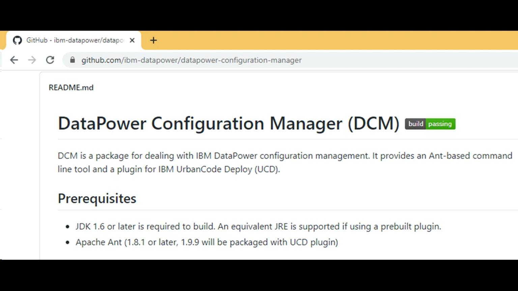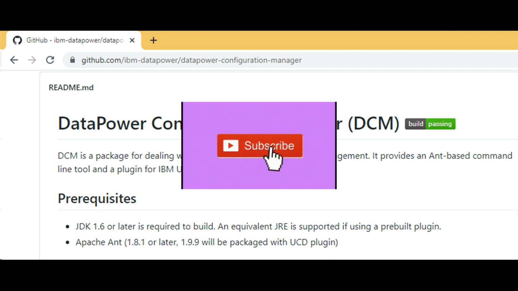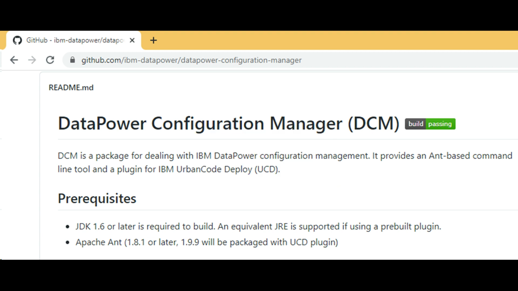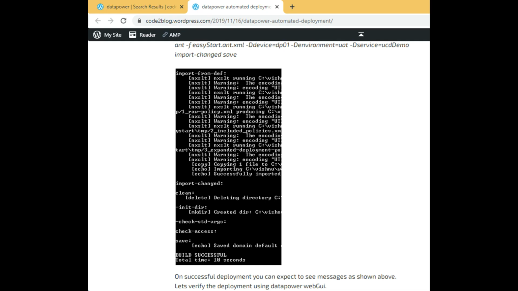Yes. Search for IBM DCM or Data Power Configuration Management, and you'll get it. Okay. Once I'm able to see that, what should I do next? Yes, Data Power automated deployments, right? Correct. Look for the third one and fourth one. Read through that article and you will see how to do automated deployments.